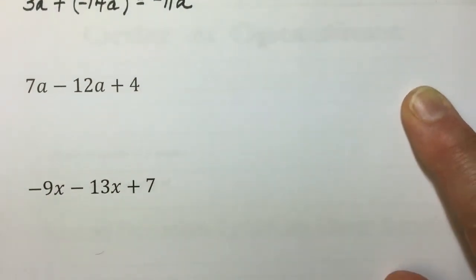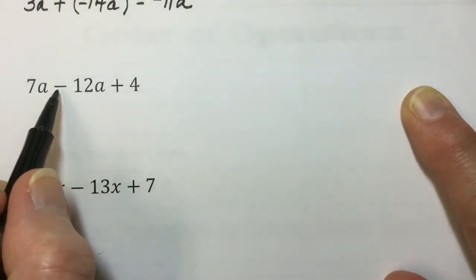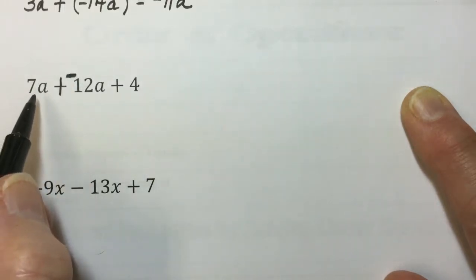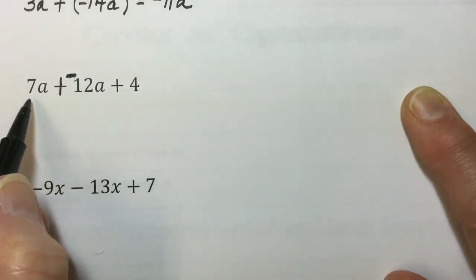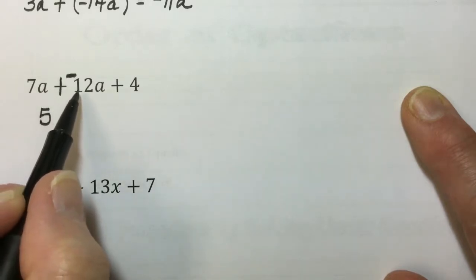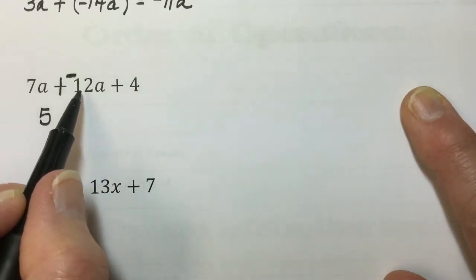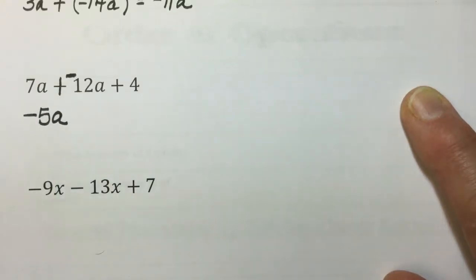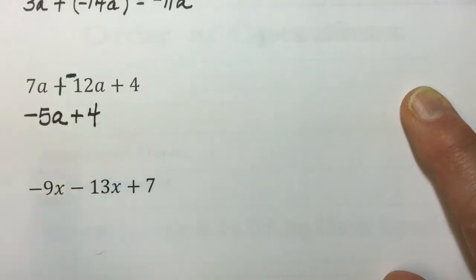Problems that involve more terms, we will combine like terms. The first two are similar terms. Subtraction is the same as addition of the opposite. So we have a 7a plus a -12a. The difference between 12 and 7 is 5. The absolute value of -12 is larger than 7. That means we'll use the sign of this larger number, which is negative. So the combination of 7a and an addition of -12a is -5a,